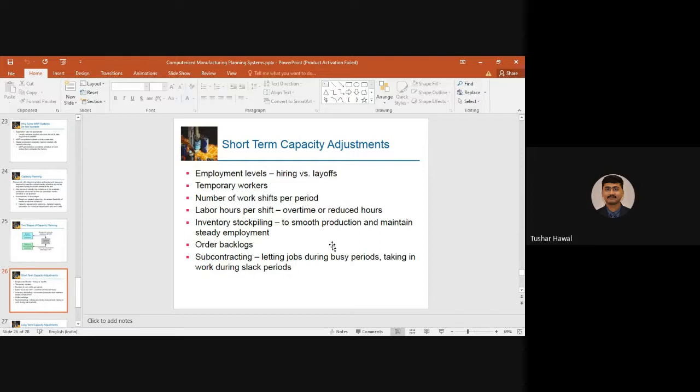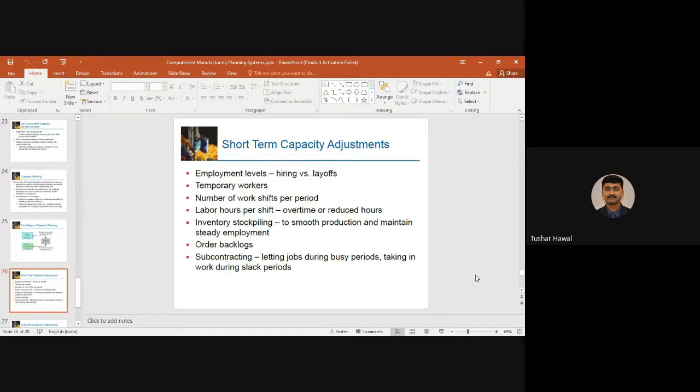So the industries which are involved in the fabrication of those masks, how are they adjusting to this small surge for a small period? Some short-term capacity adjustments need to be made. They cannot now buy new machines worth crores and keep those machines throughout their life, because the same demand is not going to remain once the vaccine and other things are developed. The same kind of scenario will be there even in our mechanical industry. Suddenly there is a huge demand for some product, which is a short-term surge, so a short-term capacity adjustment is required.